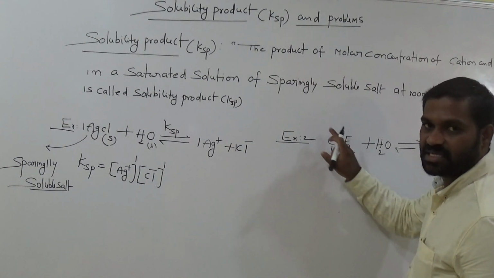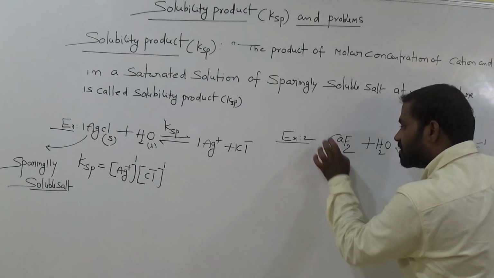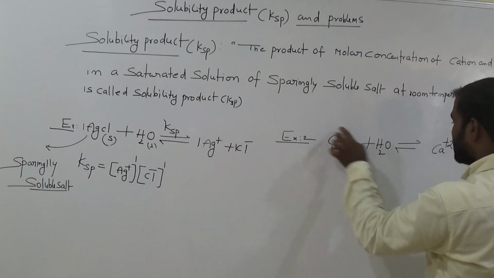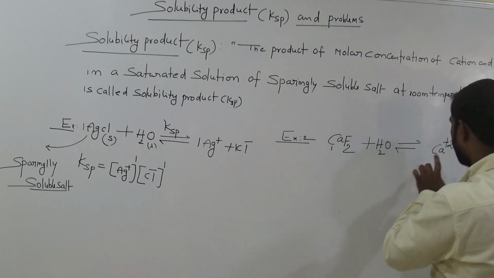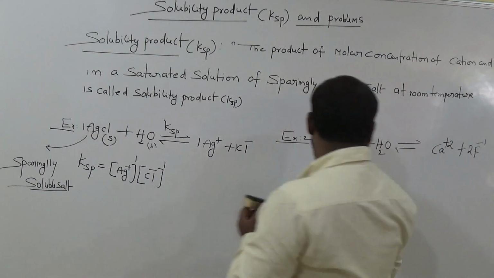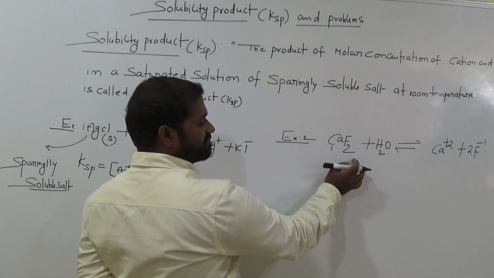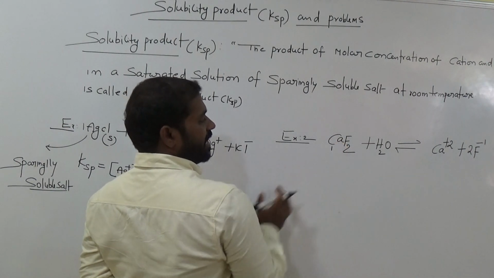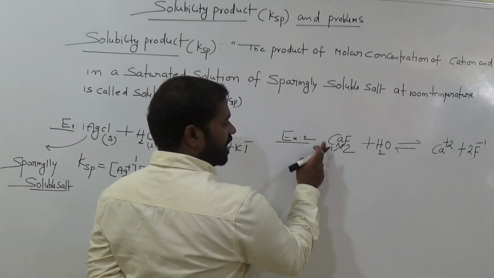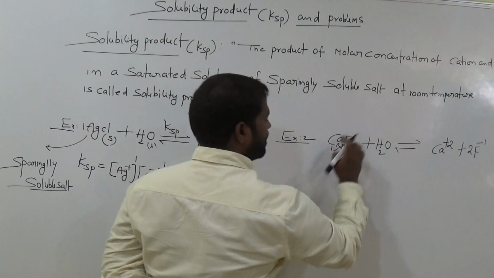Exchange their subscripts as superscripts. Now 2 is the oxidation state of calcium, 1 is the oxidation state of fluorine. Fluorine has minus, it is plus 2, am I right? How many calciums do we have? 1. How many fluorines? 2 fluorines. Is it clear how to write? CaF2 plus H2O gives Ca plus 2 and 2 F minus. How many calcium here? 1, so 1 into Ca plus 2. How many fluorines? 2, so 2 into F minus 1.